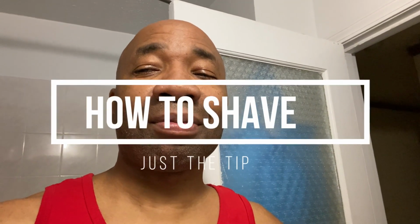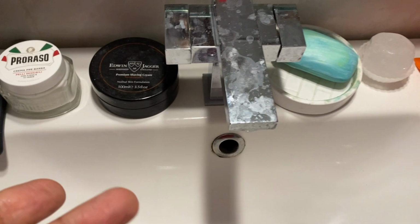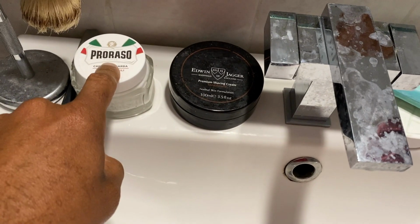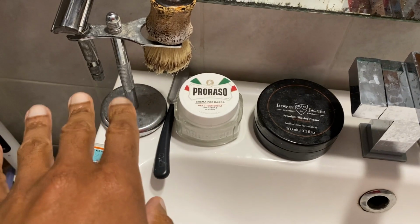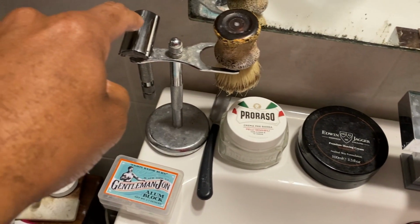It'll be awesome. So first things first, let's talk about the equipment you need. First of all, we have our shaving cream here. We have a pre-shave cream here. Here's my little stand. It's not exactly clean, but don't worry about that. Our shaving brush, our razor handle,